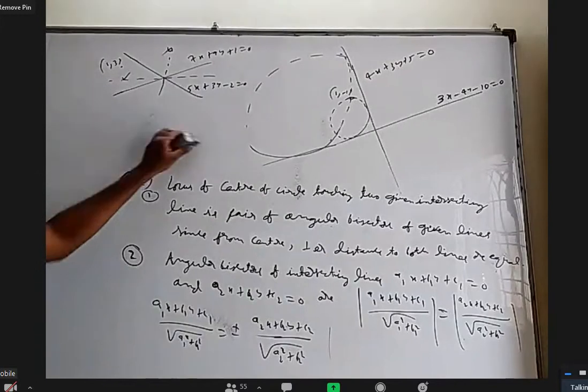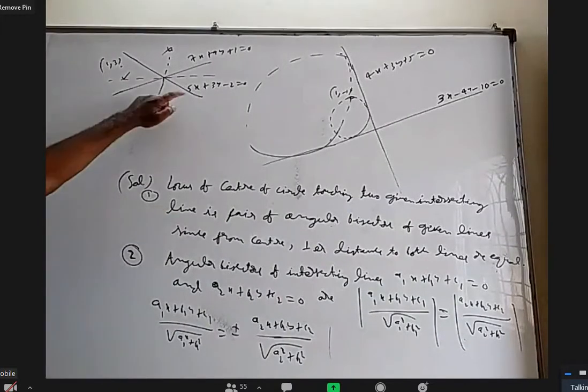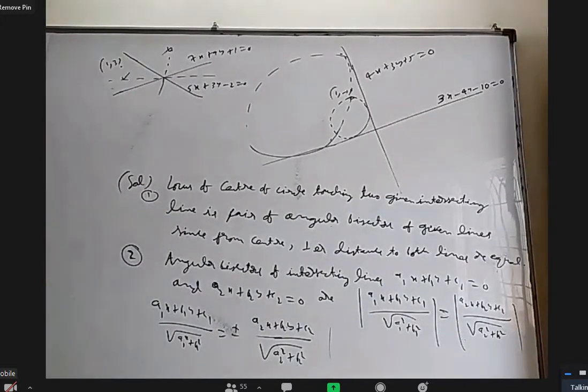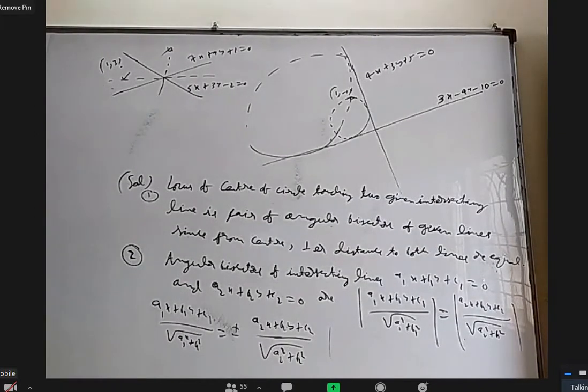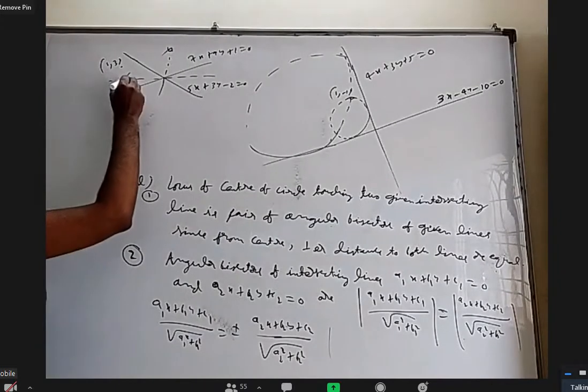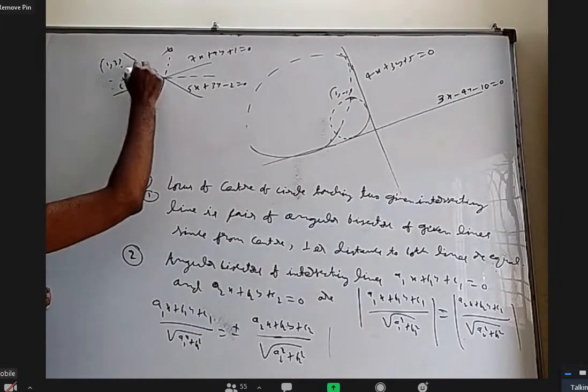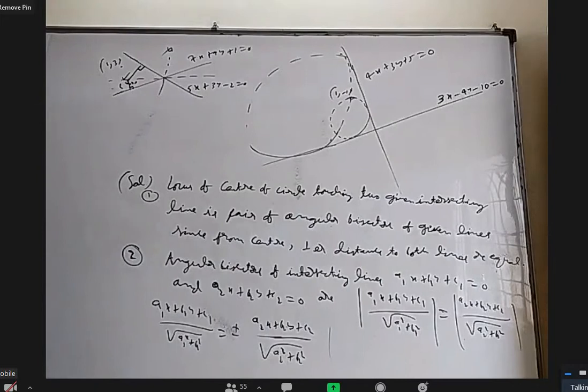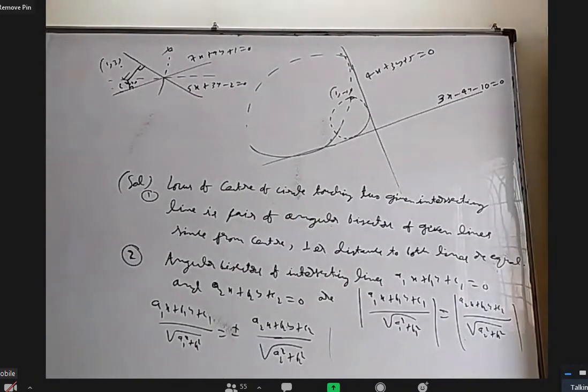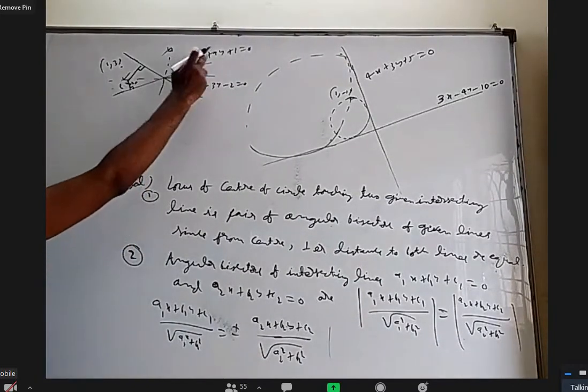But what about the angular bisector passing in the region in which 1, 3 is there, or 0, 0 is there, or 5, 9 is there, something like that. Okay, this one is very, very easy. What is that? I'll take this point as x, y. This perpendicular distance should be equal, right? That is the locus.